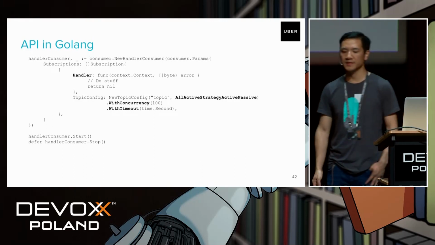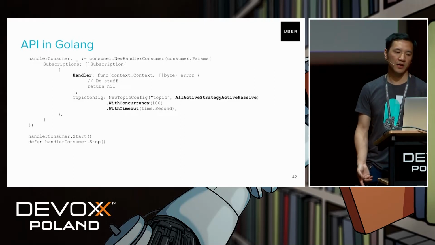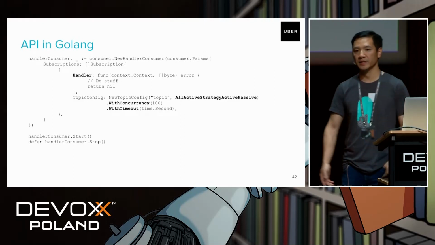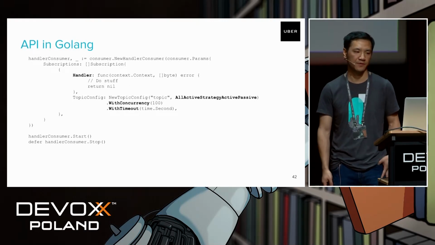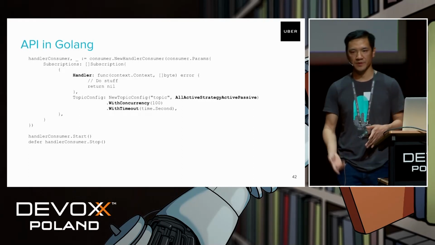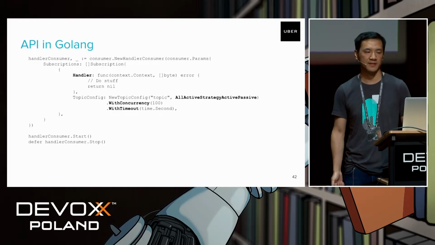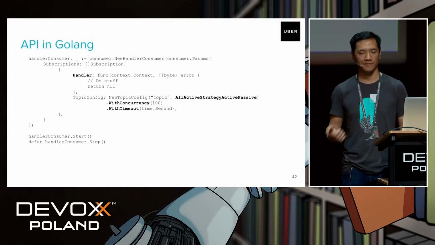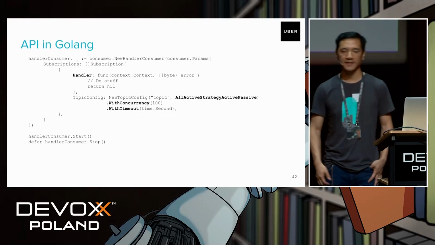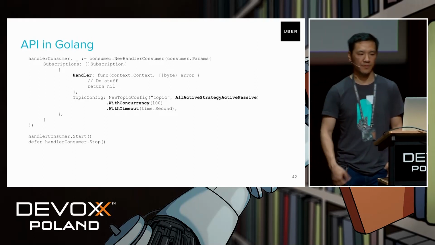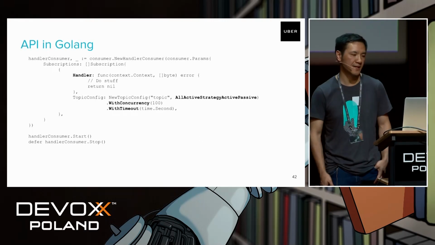And they can also specify concurrency. In this case, we are setting concurrency to 100, meaning that we will spawn 100 threads within the consumer application itself. So people can specify a proper value in case the processing itself is very heavy or very slow. In this case, they want to set up higher concurrency to make sure it can catch up with the message rate from the producer side.